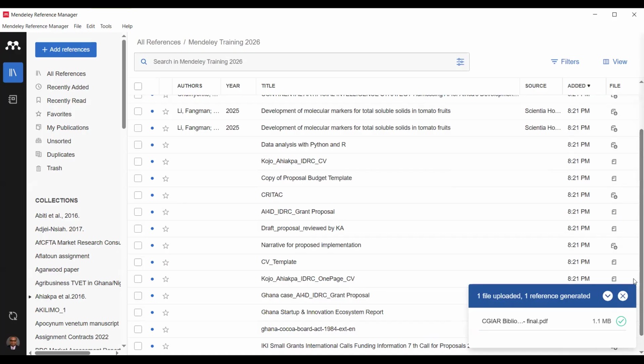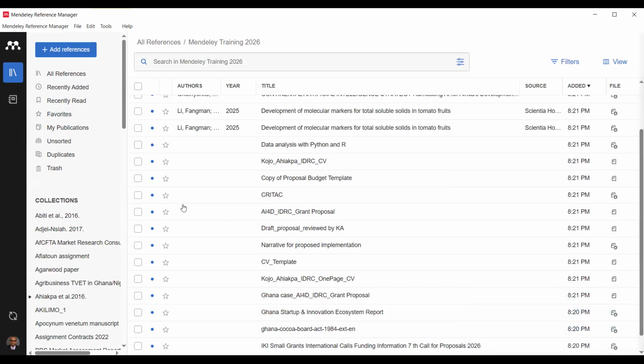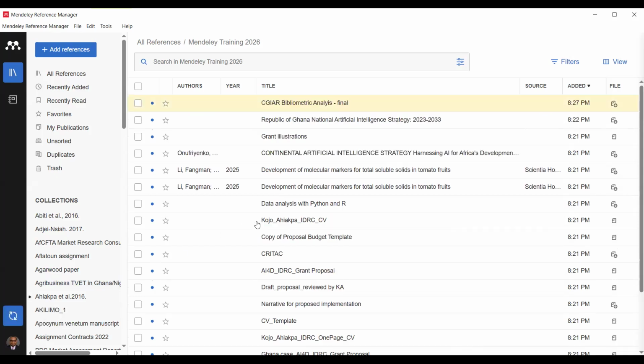The last way to import materials into your Mendeley library is to use the Mendeley Web Importer, where you don't want to download the document, but you want to access the document directly from online or from the publisher into your library. So this is how to go about it. You open your